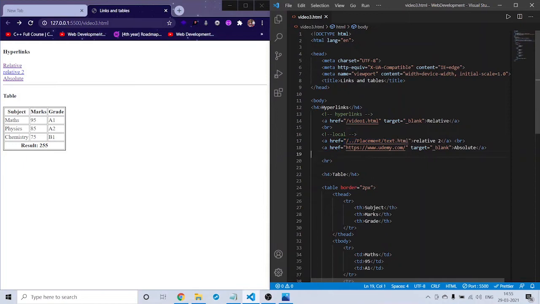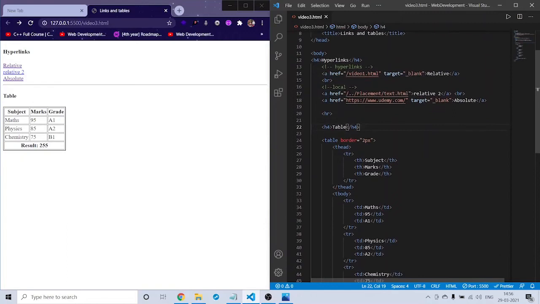And we have the second one, which is absolute. You just need to directly give the link of the web page, and you will be redirected to that. If you want to open the web page in a new tab, you need to give the attribute target with the value of underscore blank. And this is nothing but links, that's all.